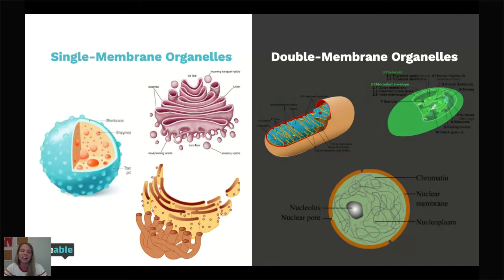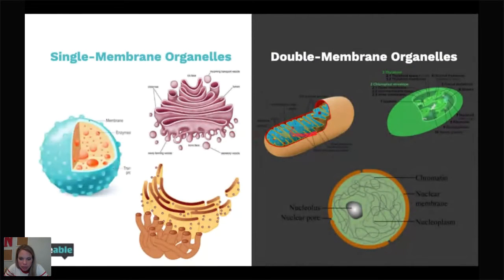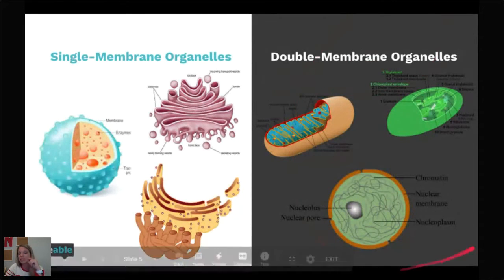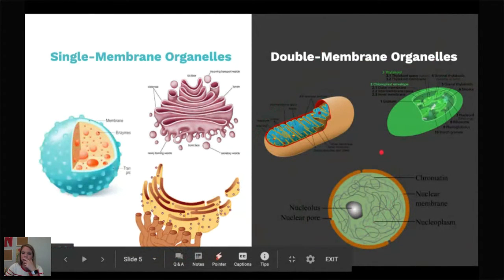Cristae, very good, Shreya. Okay, so that inner layer in here is going to be called cristae, and that's going to be your increased surface area. So we're going to talk a little bit more about that as we go on. But just a reminder, those eukaryotes do have membranes around them, and that double membrane that we see over here is going to get real important in just a minute.